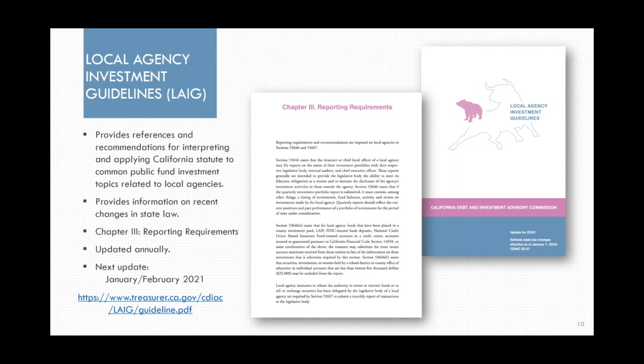For each question in the LAIG, there is a description of the minimum legal requirements, including government code section references, and then a consensus recommendation. These consensus recommendations reflect best practices and are put forward by a group of public investment professionals that include not only public agency treasurers and investment officers, but also investment advisors, brokers, and tax counsel. The LAIG is updated annually, primarily for changes to state law, but any changes at the federal level that may impact public fund investing are incorporated as well.